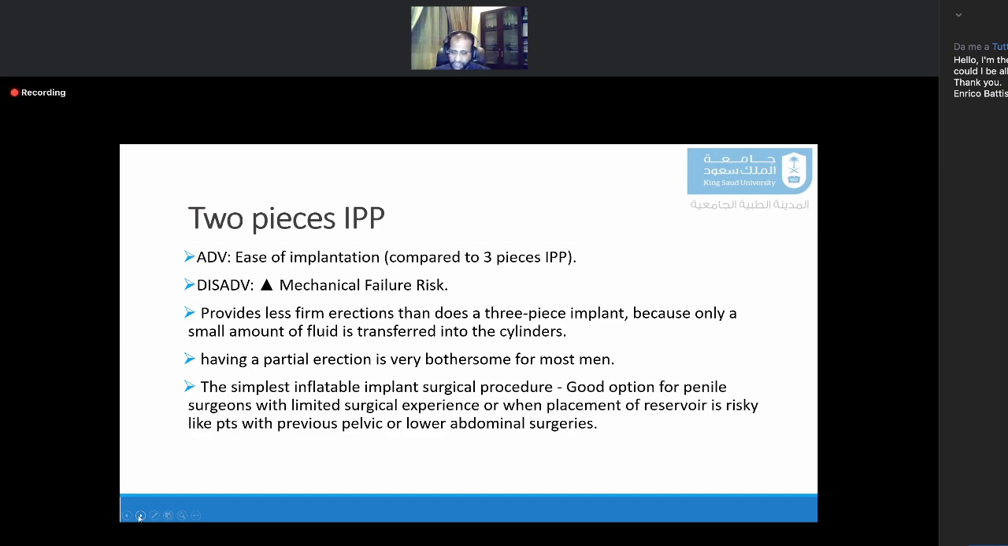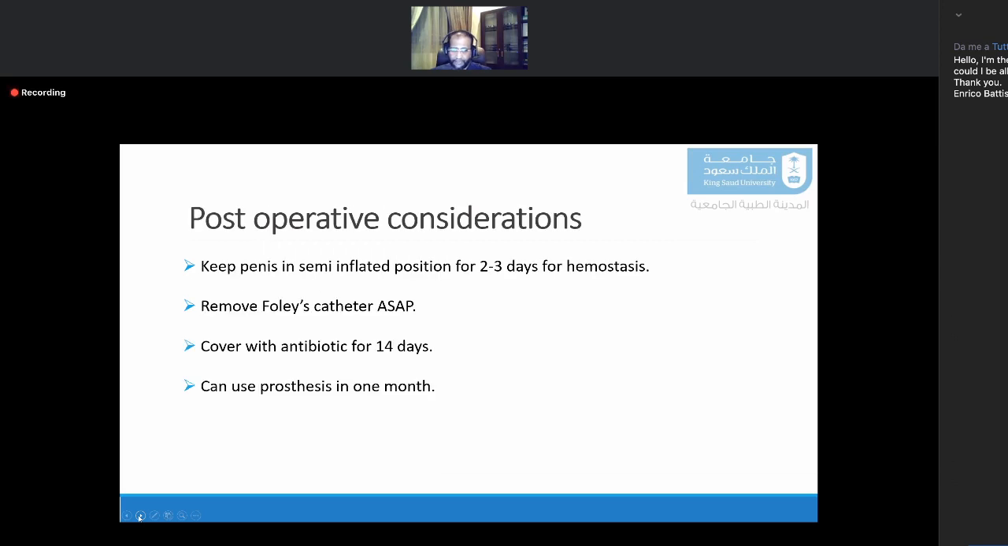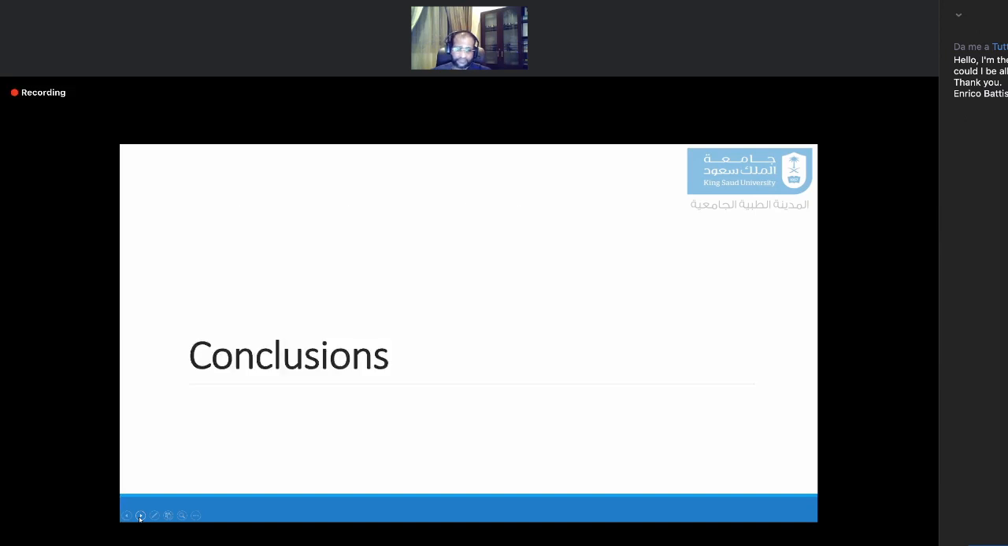Next slide, please. I would say this option is also manageable and open to any of your patients, but avoid that choice in a patient with a slim, thin penis, because concealability might be an issue, and avoid also putting this in a patient who is expecting full flaccidity. Next slide, please. Post-operative consideration is the same as the malleable prosthesis, but usually we start activating the pump after 4 weeks, and the patient might resume sexual activity usually between 5 and 6 weeks. Next slide, please. That will come to the end of my